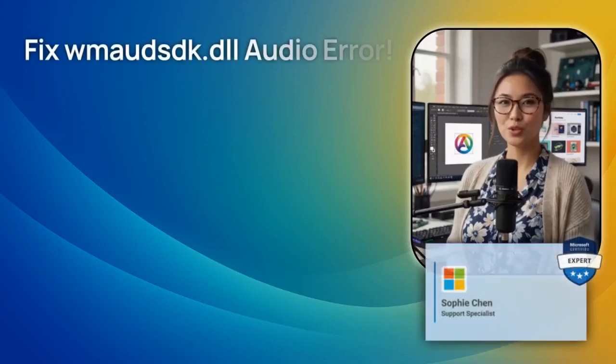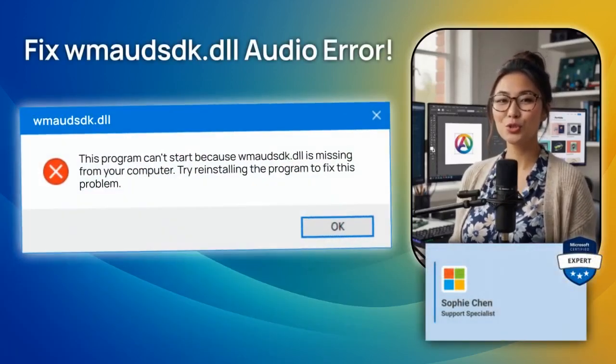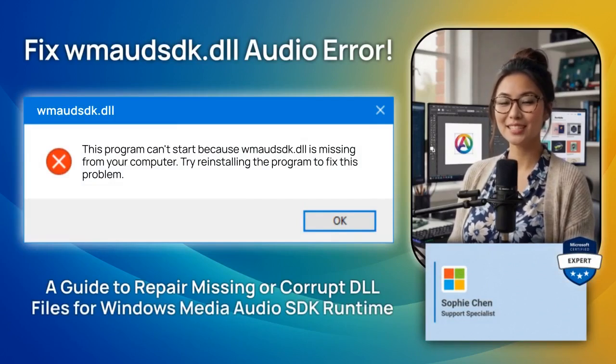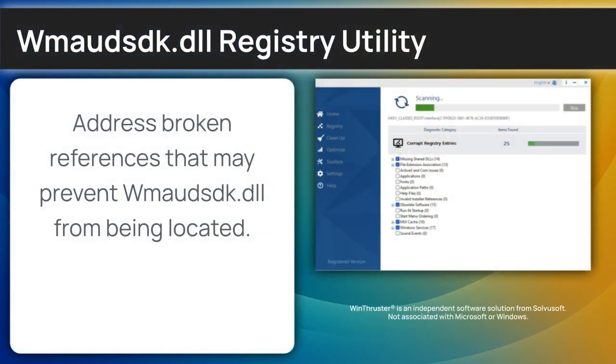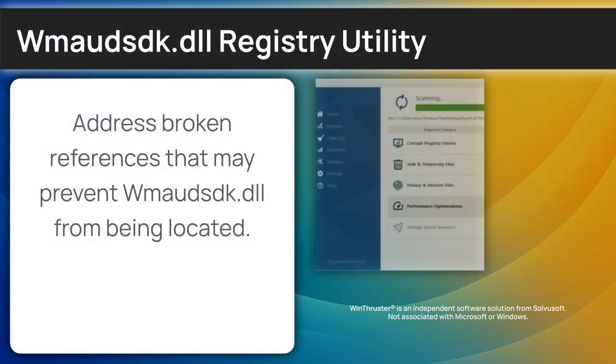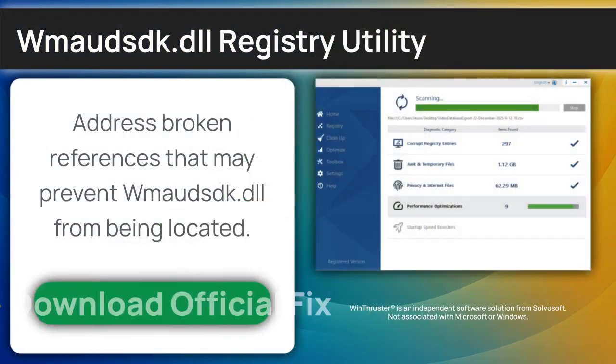Are your Windows Media Audio SDK runtime apps crashing due to the Wmaudsdk SDK Library DLL? I'm Sophie Chen, a senior Windows support engineer, and I'm going to diagnose that error and fix it now. To start the walkthrough for Wmaudsdk SDK Library, you can follow my technical guide or use a utility designed to